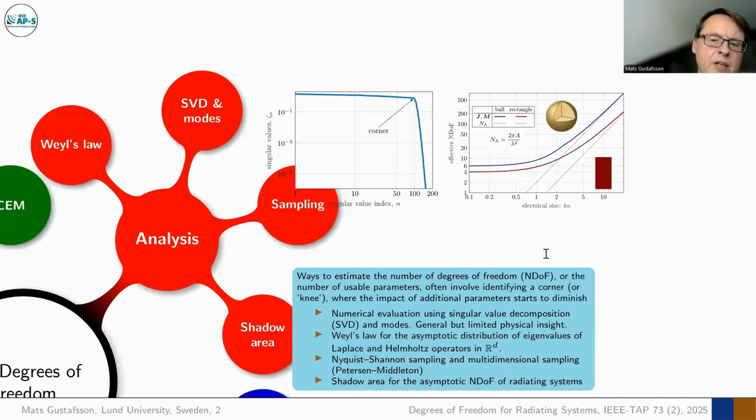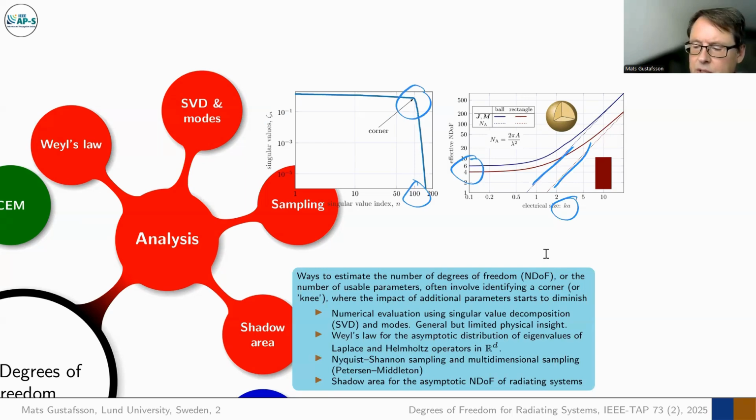So what is analyzed in all of these systems is that you look at the eigenvalues, because they determine how many parameters you have. And somewhere you find a kind of corner in these cases. This is where it breaks up and starts to be expensive to use more parameters. So in this case, you can see you have around 100, and that is the number we would like to determine. If you look at the parameters as a function of size, you can see for small ones you have low numbers, the number of dipoles. For larger cases, this asymptotic regime kicks in, which are these dotted lines here,